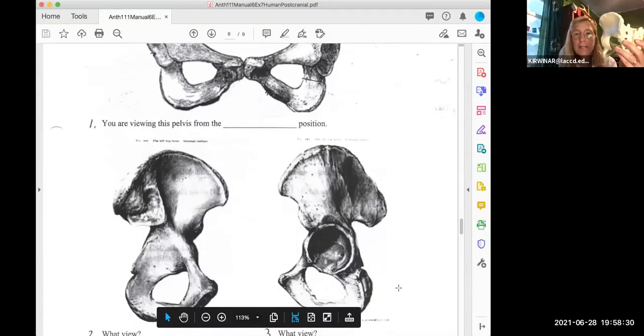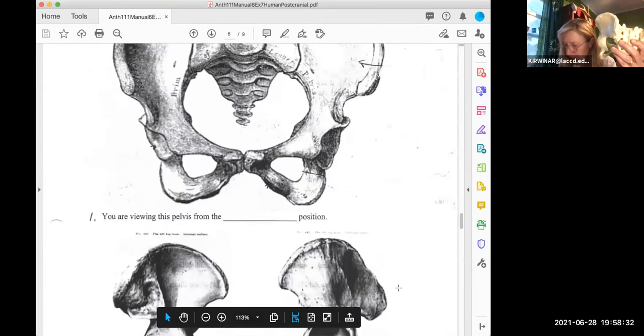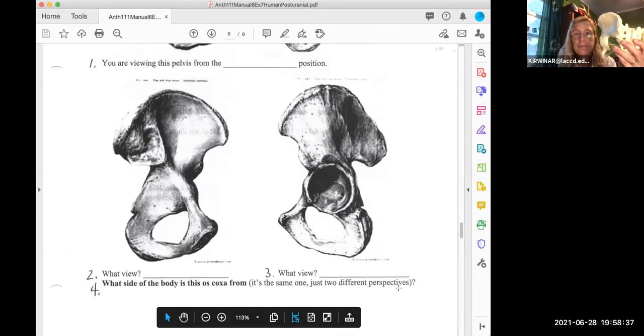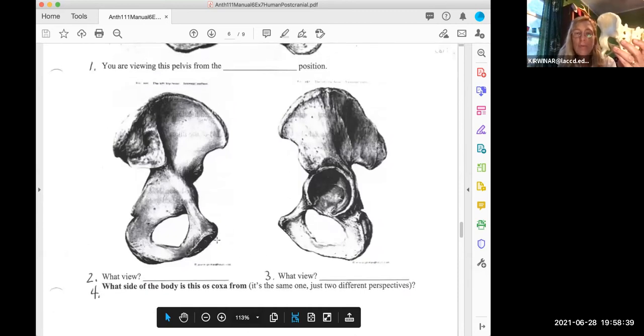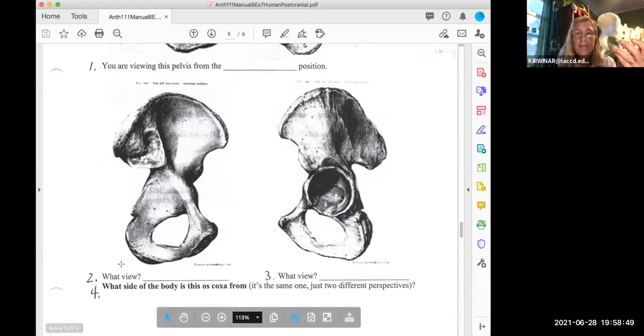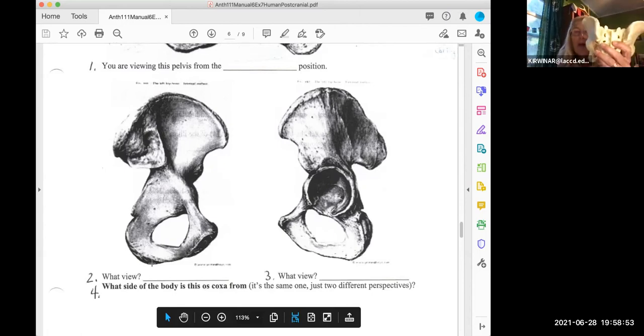So let's check out the lab manual again, and it asks you to do something. At the bottom of page 74, what view is the left os coxa on the left side of the page, and what view is the drawing on the right side of the page? On the left side of the page, how do you know which os coxa it is? Well, I recommend,